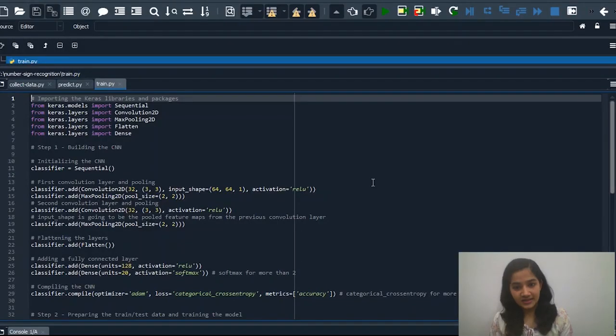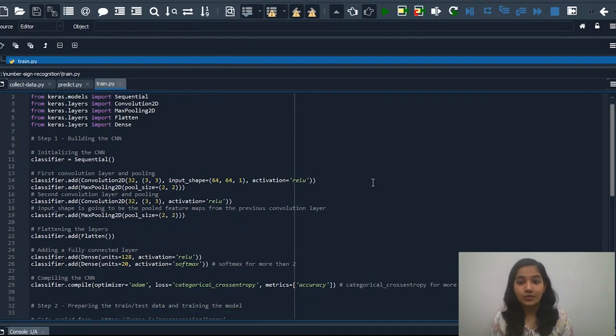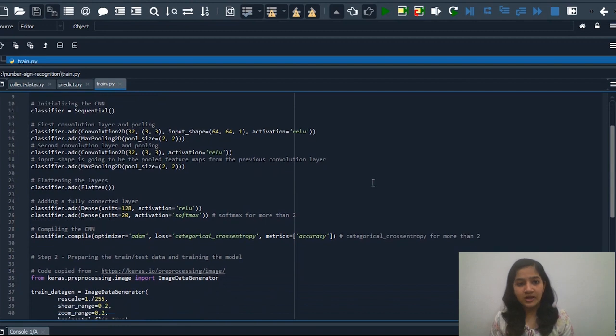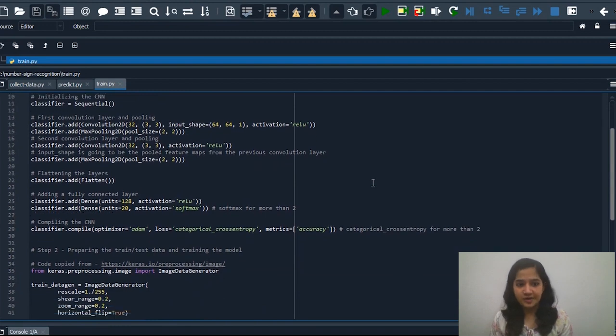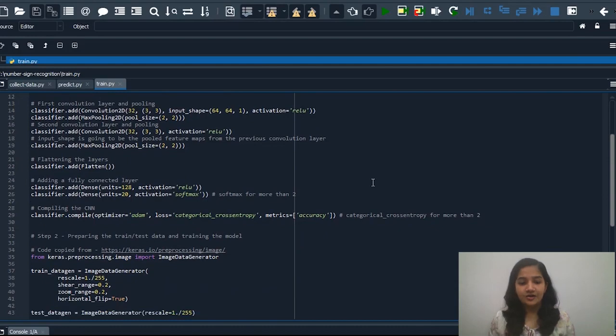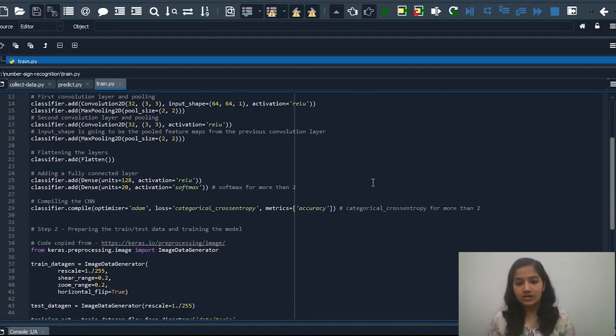After the data is collected, it needs to be pre-processed and only then it can be trained. The number of layers present in the deep neural network are its only distinguishing factor. That is, for the network to be more deep and intricate, there have to be a higher number of layers present. The steps involved in training of a database are: firstly, we need to build a convolutional neural network and